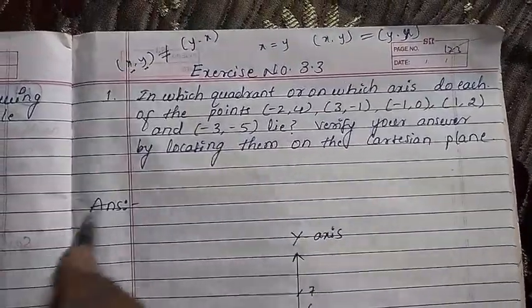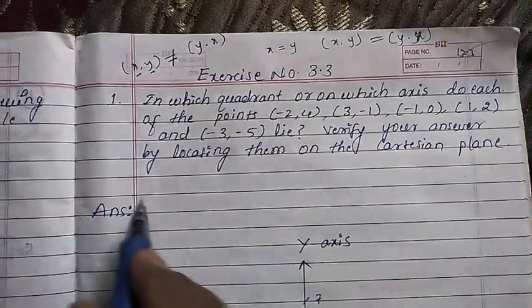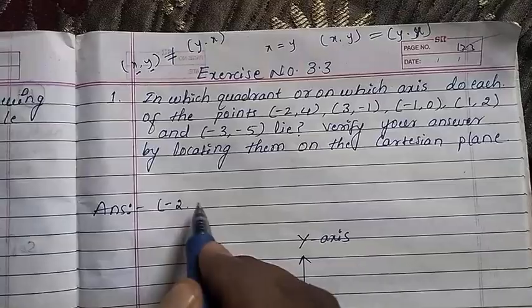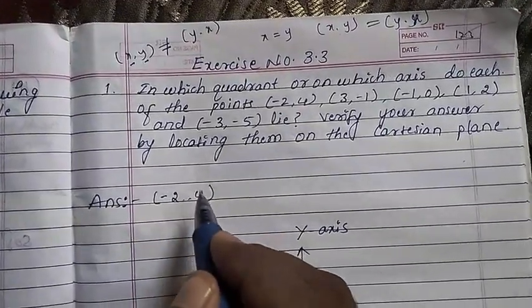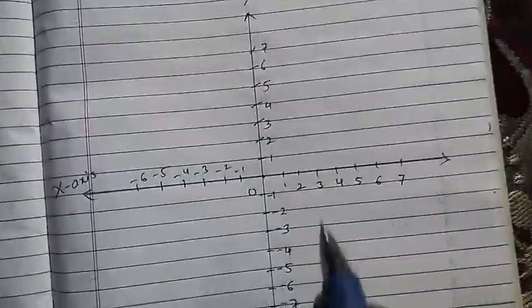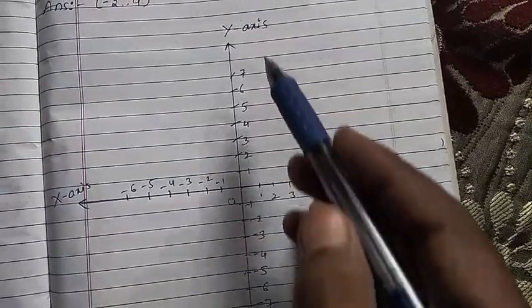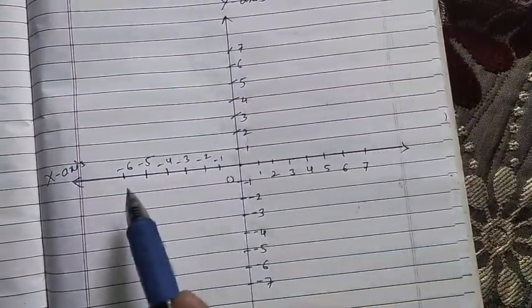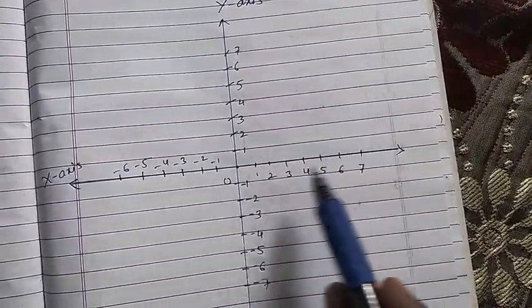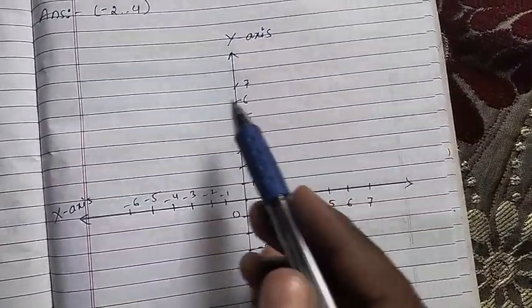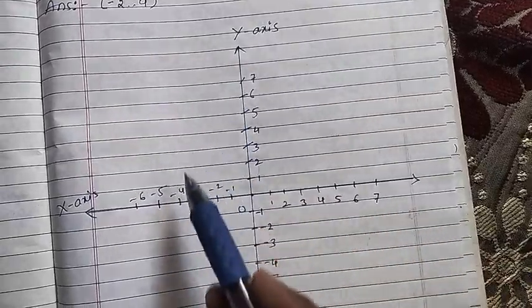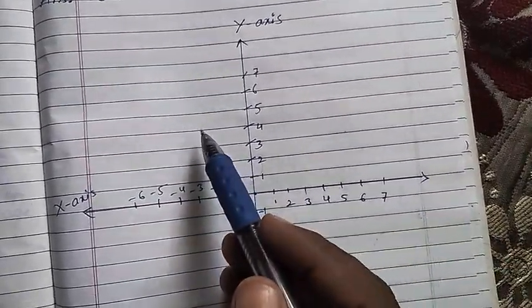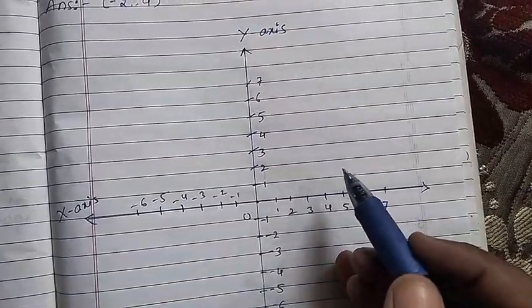Clear? Now see, first what is the coordinate point here? x is -2 and y is 4. In the graph, you have to draw the graph, you know that already. This is the y-axis and the x-axis, the vertical line and the horizontal line. These four parts, what do we call them? Quadrants. You know already: first quadrant, second quadrant, third and the fourth.